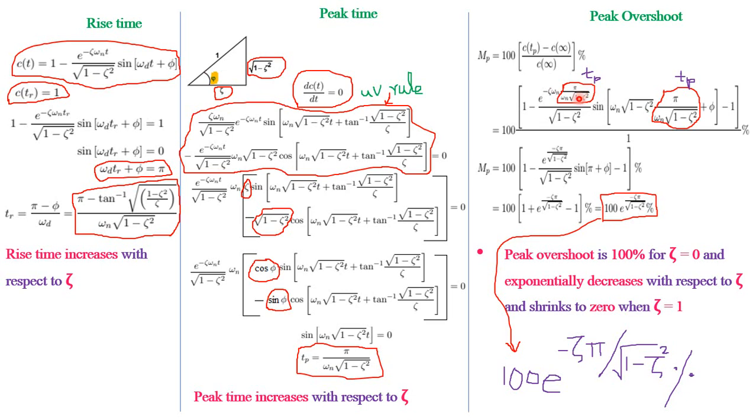So here again this root of 1 minus zeta square is there, omega n is there, omega n they will cancel each other. So this will become e power minus zeta pi by root of 1 minus zeta square, by root of 1 minus zeta square, into sine of pi plus phi. So sine of pi plus phi means sine of 180 plus phi. So sine 180 cos phi plus cos 180 sin phi, sine of A plus B formula. Sine 180 is 0, therefore the first term will not be there. So plus cos 180 sin phi, so cos 180 is minus 1, so minus sin phi, right? So minus of minus is plus sin phi.